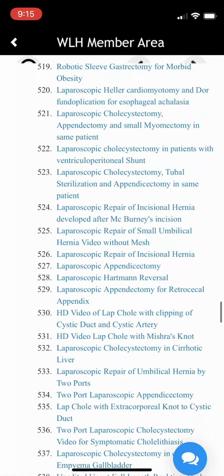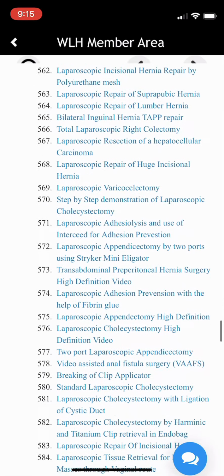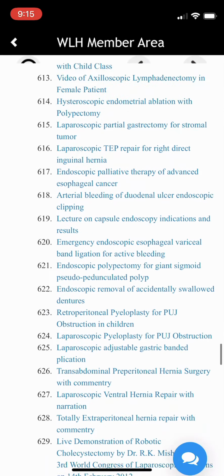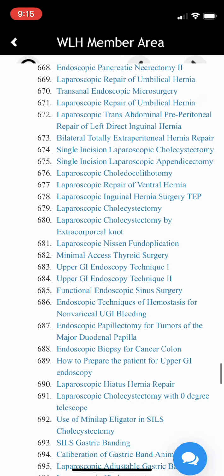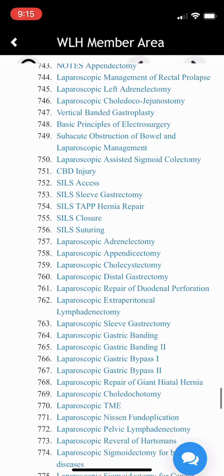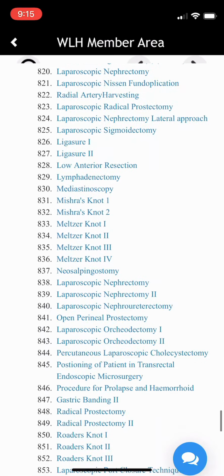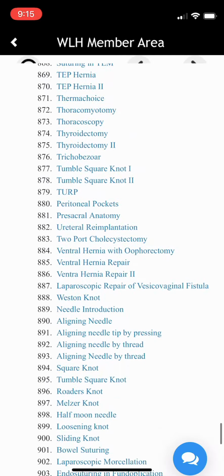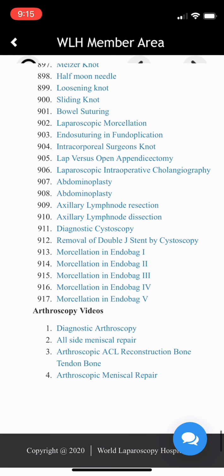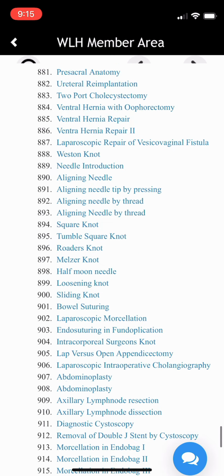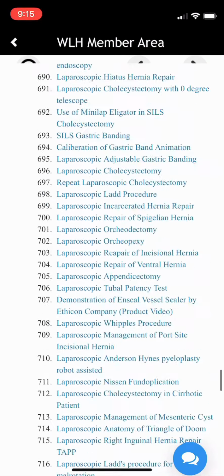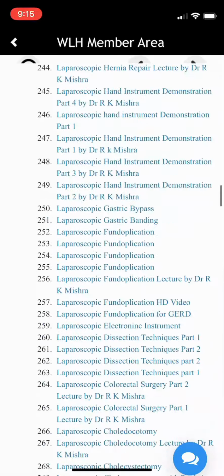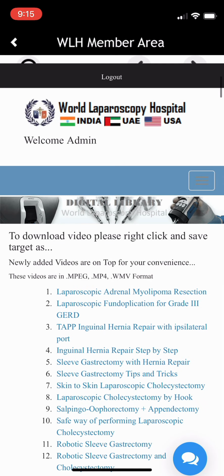Like you can see here, it's an exhaustive list of all the laparoscopic videos, which you can directly download to your mobile phone. Of course your mobile phone should have that much space, and because these are HD videos, one video may take approximately 500 MB to 1 GB of space. So it is better to download and then transfer to your laptop.